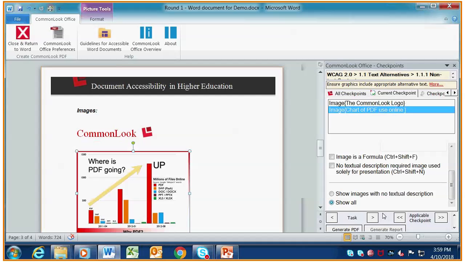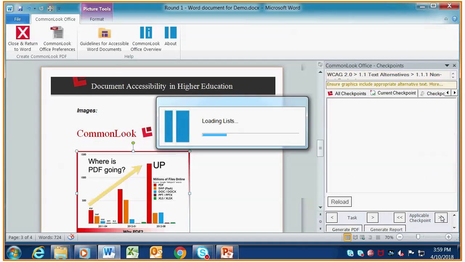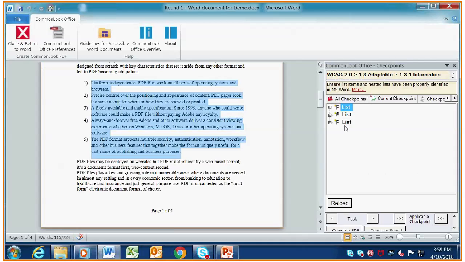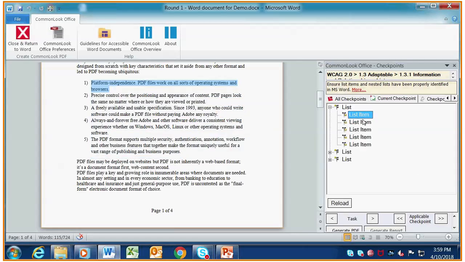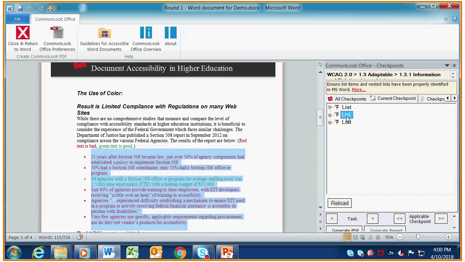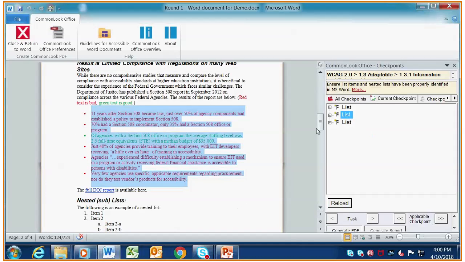So you can either hit next task or next applicable checkpoint, and it brings me to lists, right? So CommonLook is asking you to make sure that your list items are correct, right? For the list of 5 things, no more, no less, whatever. So the first one's good. The second one is also fine, right? But then the third one,